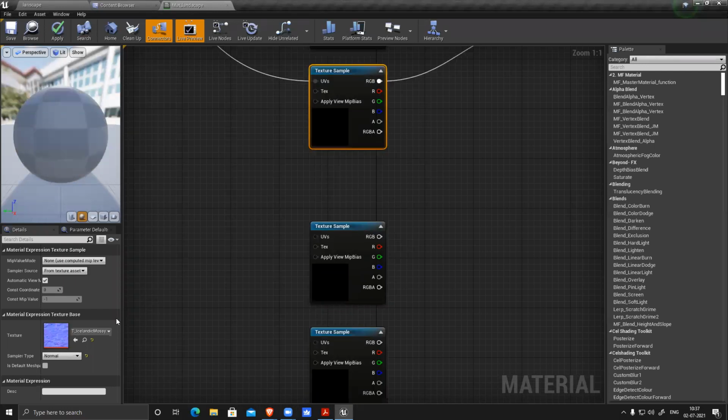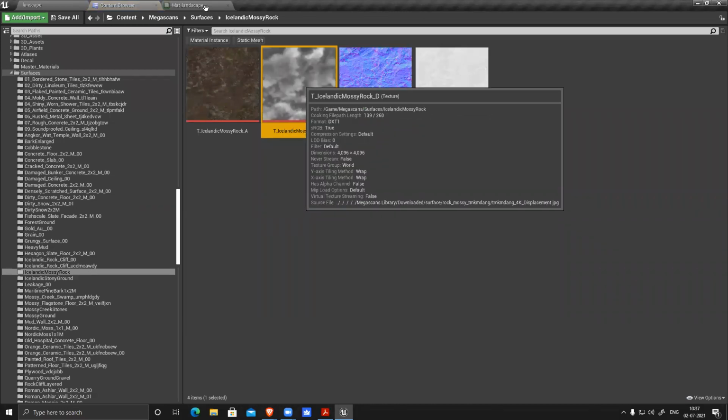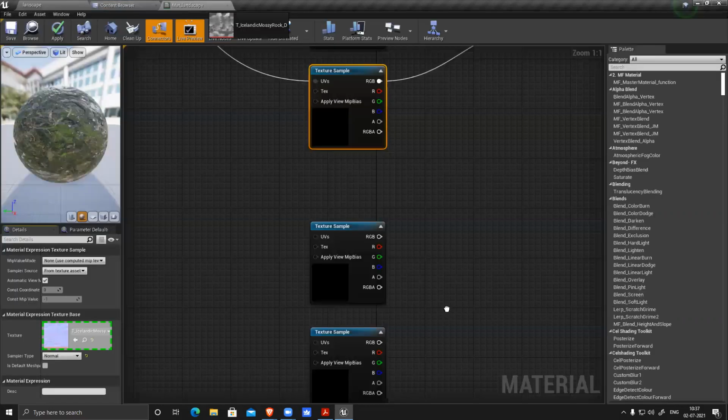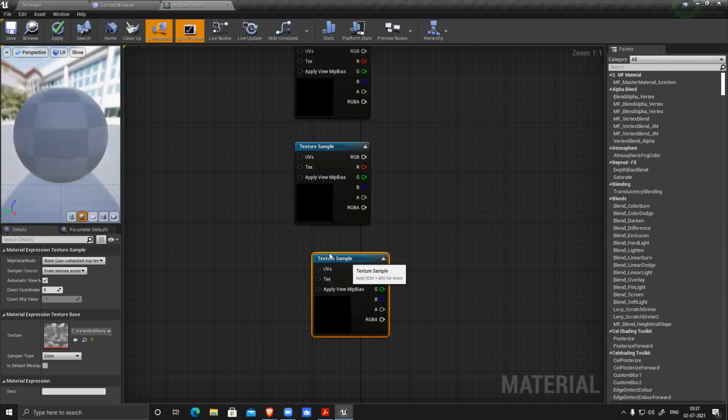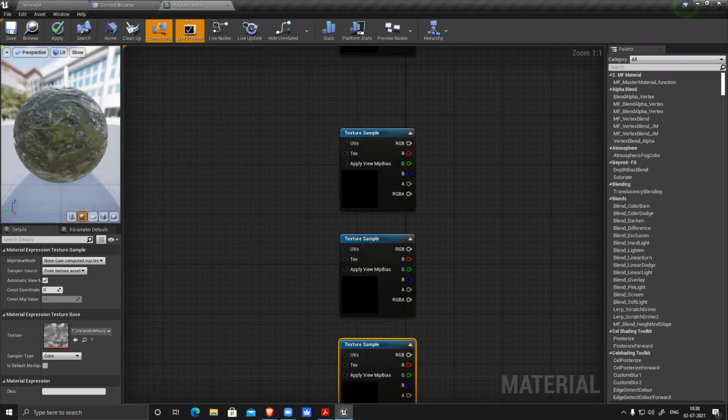And the third one was this mossy thing. Suppose I don't want this mossy displacement, suppose it's not required, or I can keep it also. This will also look nice. Let's use this. So we can use real-time displacement in Unreal, but there is a catch. Displacements are a bit heavy on the system, because displacement basically generates mesh, so it will be heavy on the system.